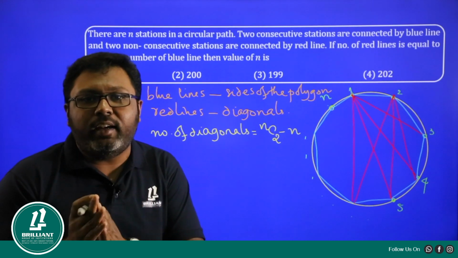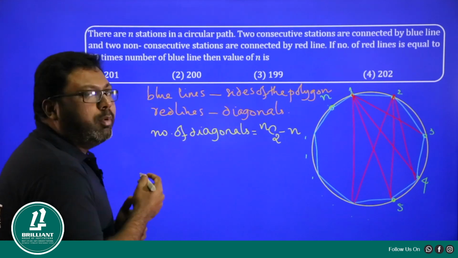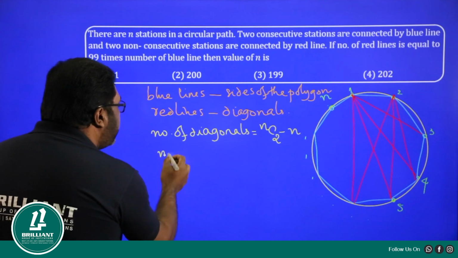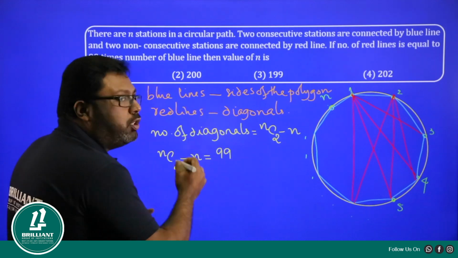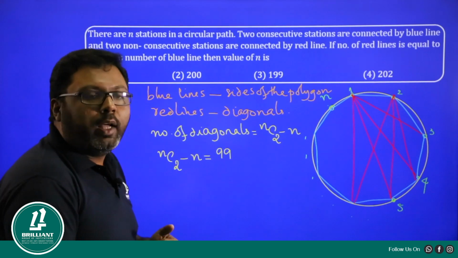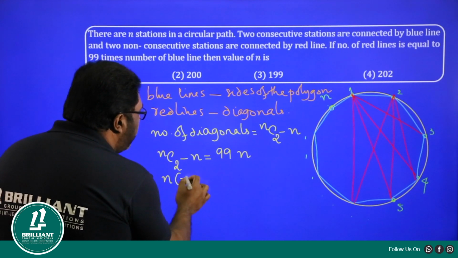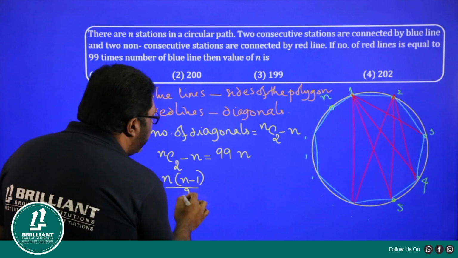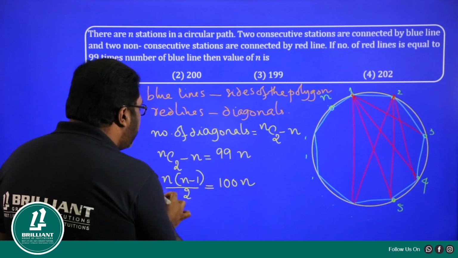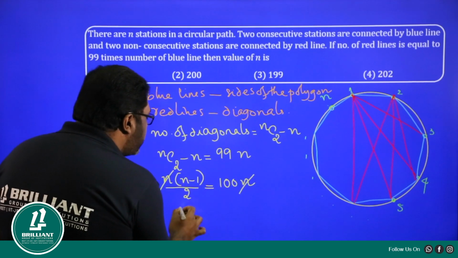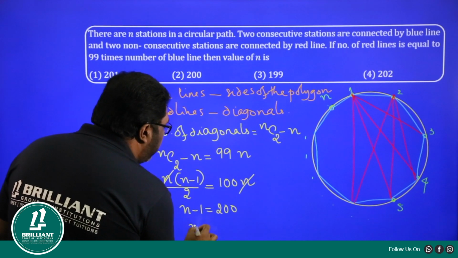Now what are they saying? The number of red lines is 99 times. Isn't the number of diagonals equal to the number of red lines? So I'm saying NC2 minus n is equal to 99 times the number of blue lines. So 99n. So NC2 can be written as n into n minus 1 divided by 2, and minus n goes to the other side. You will get 100n. So I can take out n on both sides. So I will get n minus 1 is equal to 200. N equals